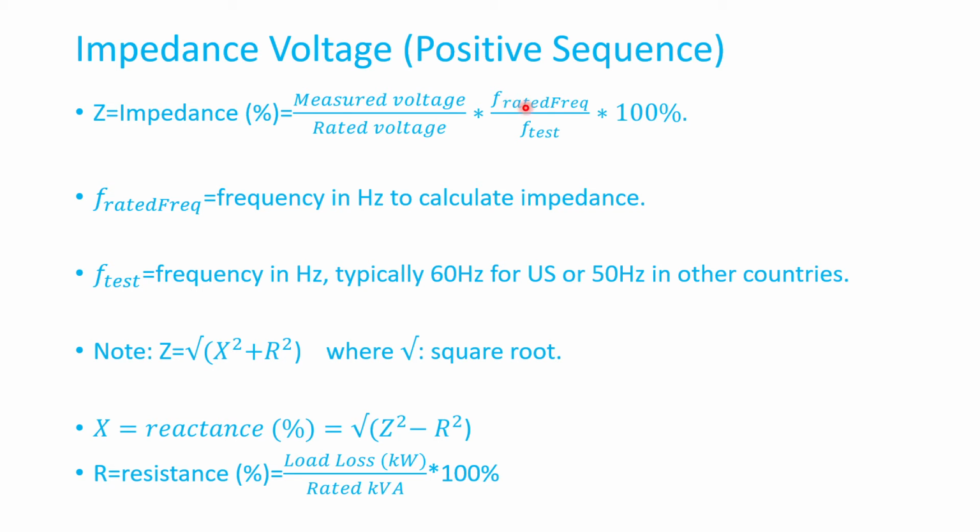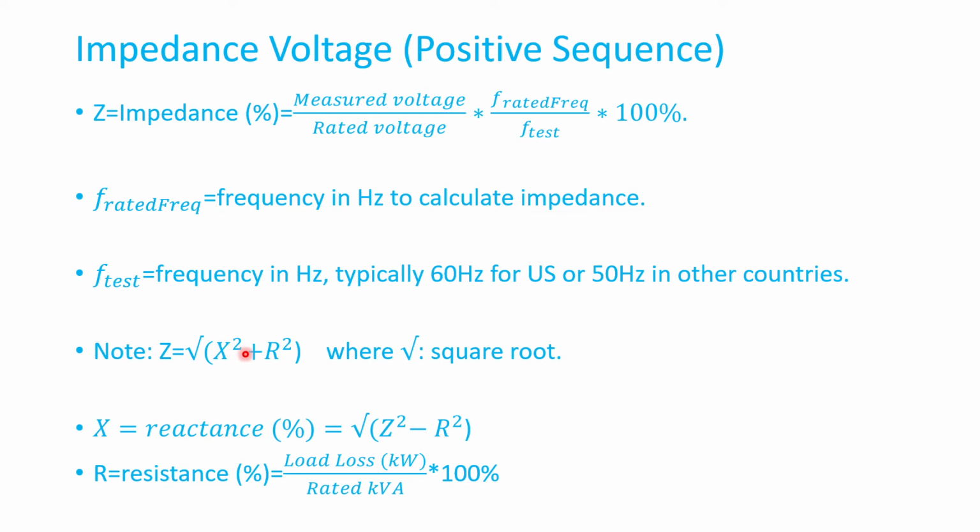Times the rated frequency divided by the test frequency. So the rated frequency is the frequency in hertz at which you want to calculate the impedance, like in the United States, it's 60 hertz, or do you want to do 180 or whatever. And the test frequency is the frequency in hertz, typically 60 hertz for the United States. In other countries, typically it's 50 hertz. However, for a 60 hertz transformer, if it's made in Europe, for instance, they might not have a 60 hertz source available. They might measure it at 50 hertz, but then, using this formula, you can convert it from 50 to 60 hertz. So note that impedance is the square root of